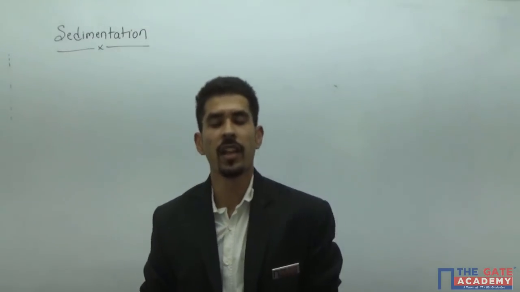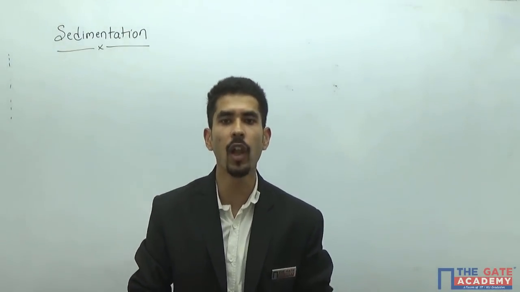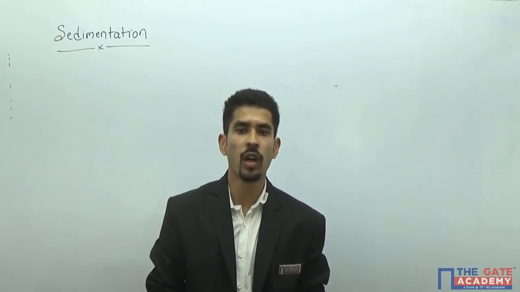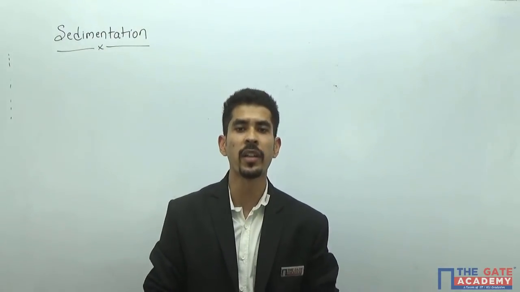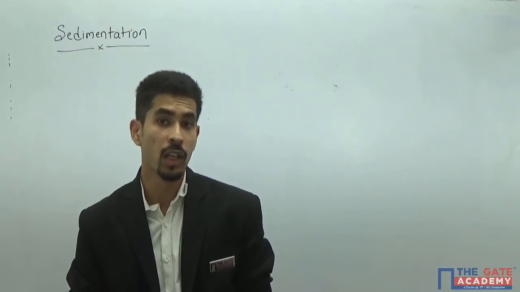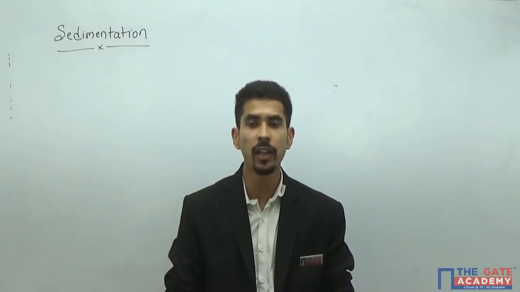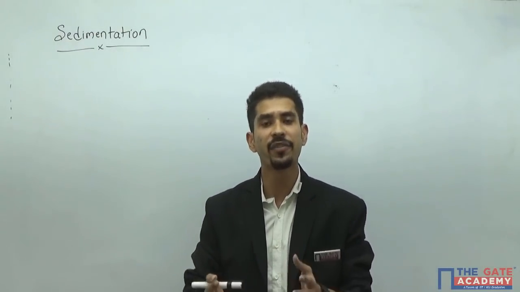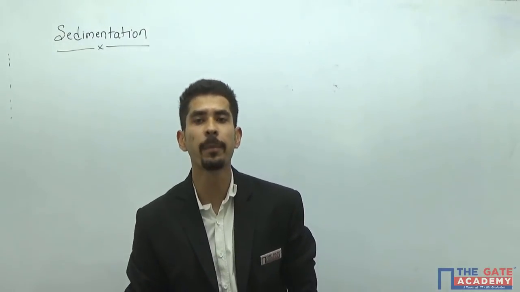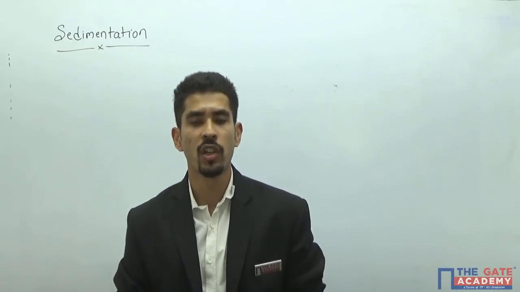Sedimentation is a treatment unit which is used in the raw water treatment plant for the removal of suspended solids. Like if the source of water is a river, a river will consist of heavy suspended impurities. It can be big suspended impurities or finer suspended impurities. Those which are larger in nature, that is whose size is bigger, are retained on a treatment unit known as screens, and the finer impurities pass through the screens. So for those fine impurities, a treatment unit known as a sedimentation tank is used so that we can remove